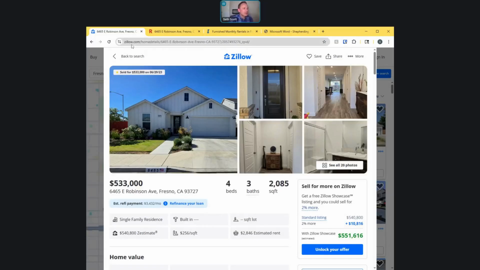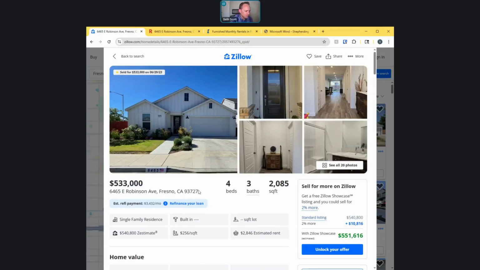And I picked a property that is actually listed for rent. So that's kind of where this came from. So this particular property, all the information is here on Zillow. This is a 4-bedroom and 3-bath house at about 2,000 square feet. It's really nice because it has the basic information that you need right here at the front, right? So because we're going to look for comps, we're going to be looking for properties that are similar to